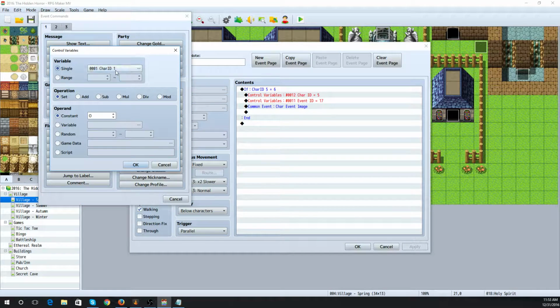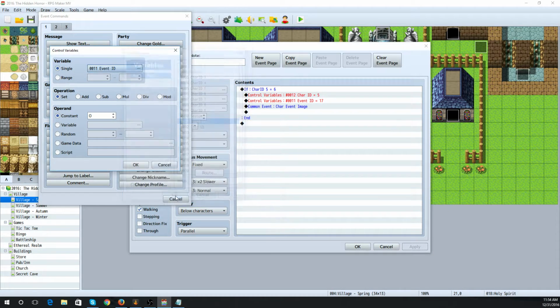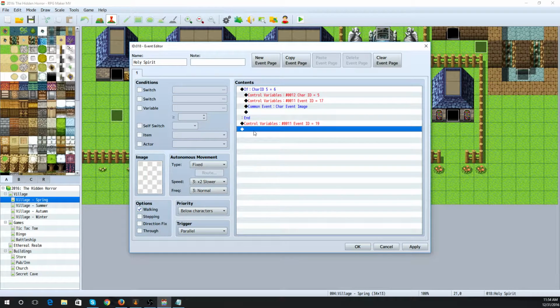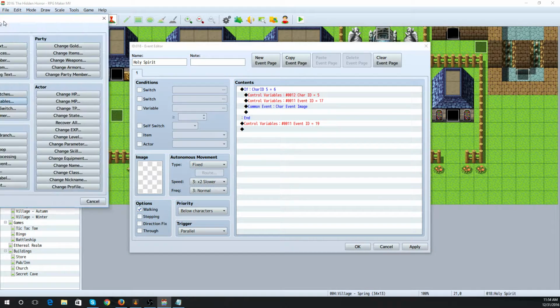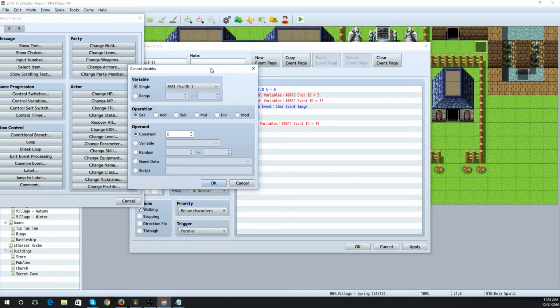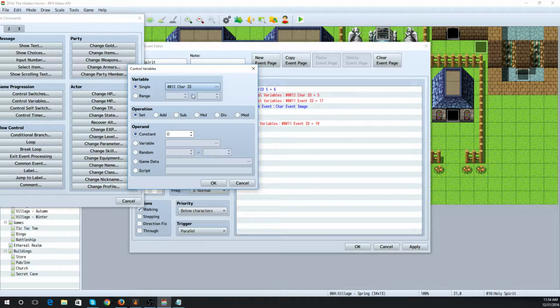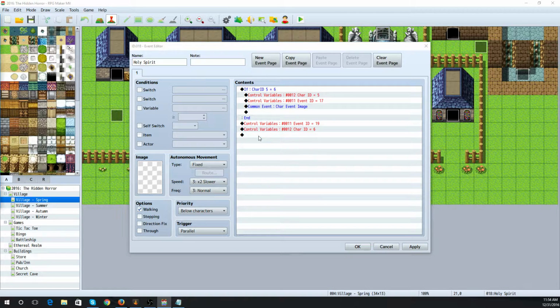So we're going to set, as you can see, variables 1 through 9 are literally character ID 1 through 9, which actor information they take. We're going to update event ID to be equal to 19. And then we're going to update, one second, where's my mouse? There we go. Character ID to be number 6. And then we're going to call common event